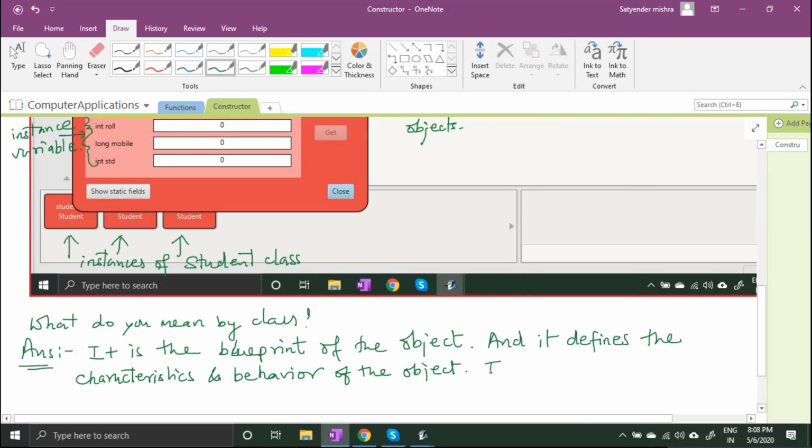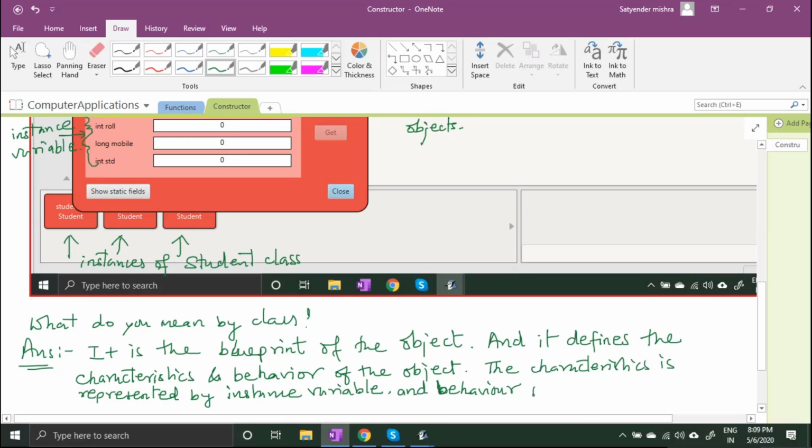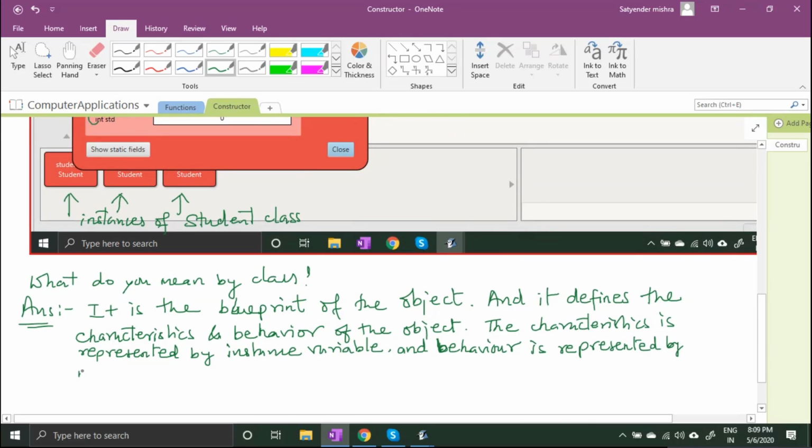The characteristics are represented by instance variables, which are present inside the object, and the behavior is represented by methods, right?